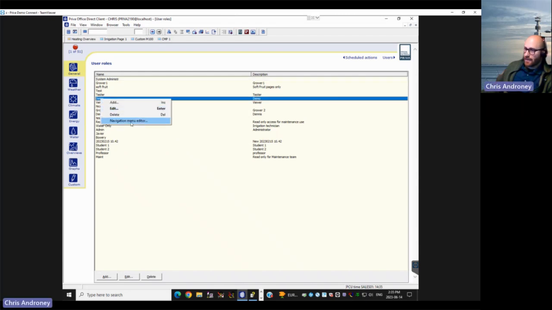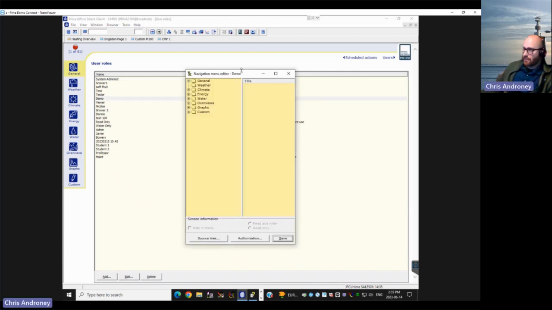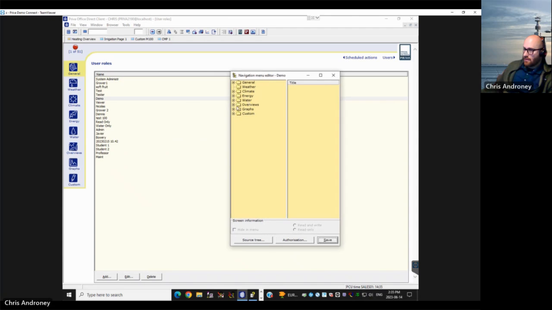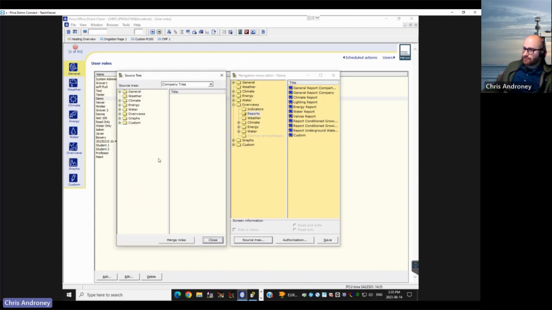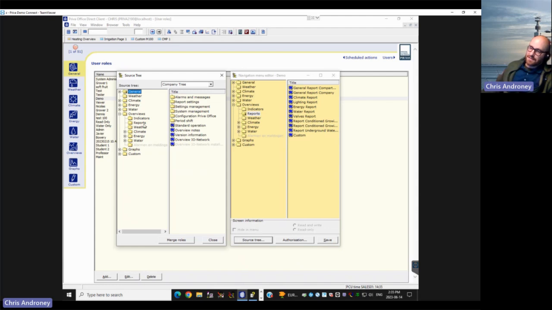I can go to my navigation menu editor and say I come into the report screen and I see that it's not there. I can click on the bottom here and say source tree and go to my overviews. And the source tree is going to be a list of all of the screens that are available in Priva Office. So potentially, yeah, if somebody's just deleted it from the menu,